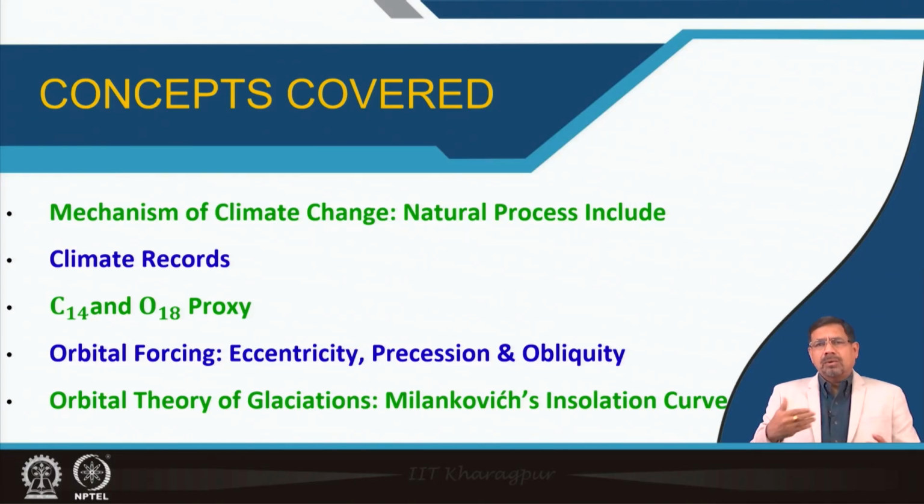So, which we are going to discuss in terms of eccentricity, precession and obliquity, how together they explain the orbital theory of glaciation, and in that, in the course of a curve that explains the insolation, given by the geophysicist, the great Milankovitch. And